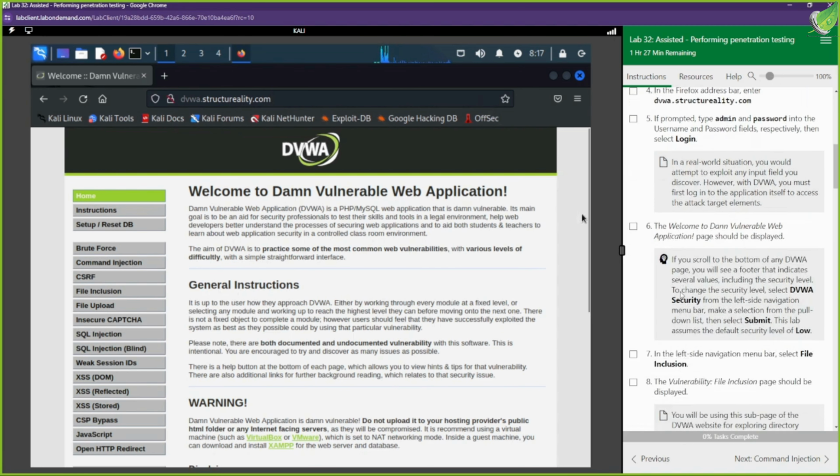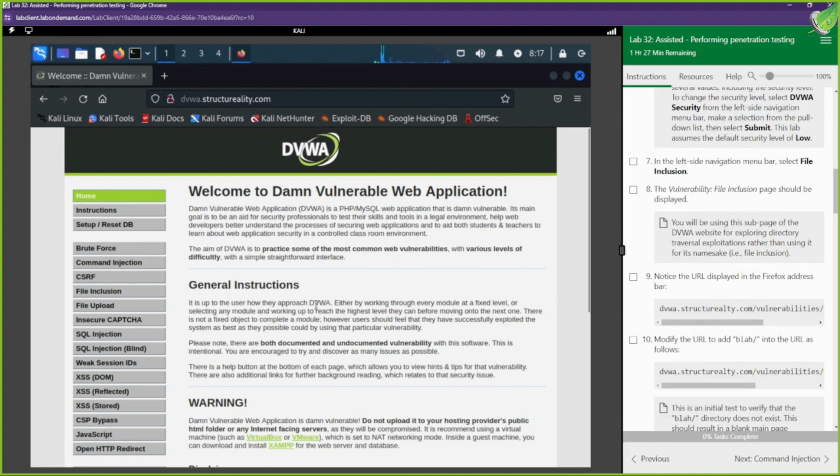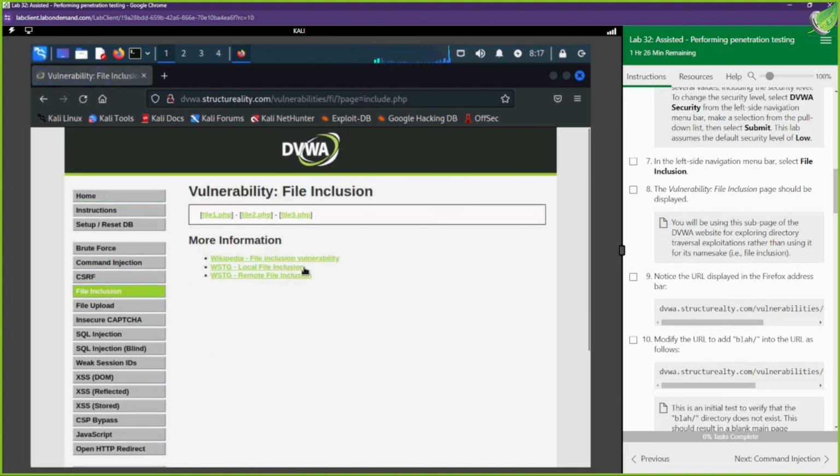We're already in here. So the first thing we're gonna do is mess around with this file inclusion. What is a file inclusion vulnerability? Well, we are about to find out. All right, so